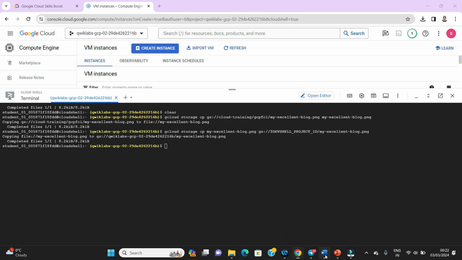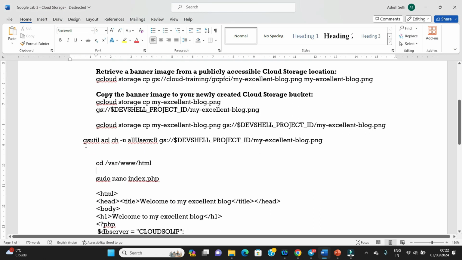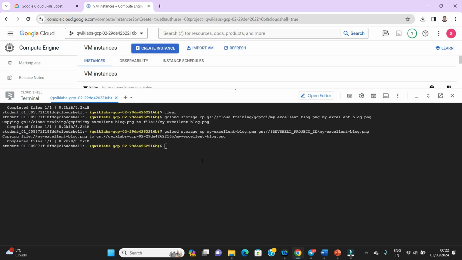So to do this, we can change the ACL, giving all users the read permission on this object. Okay, so let us copy this. Okay, so permission has been updated. It says updated the access control list on this particular object.